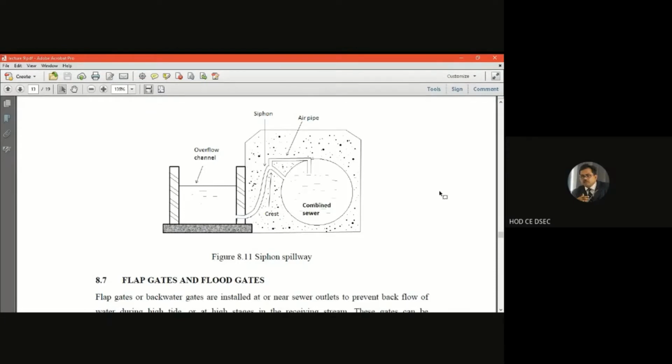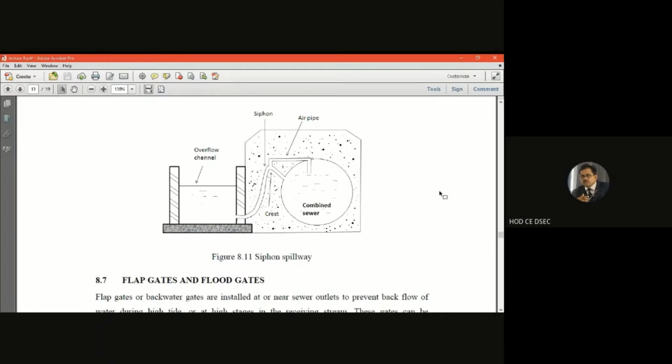In continuation of my previous lecture, lecture 8, we were discussing the sewer appurtenances. We discussed the siphon spillway for taking care of the overflow of the sewer into the overflow channel. So how to take care of the overflow if the sewage carries the overflow, then how it can be bifurcated to the overflow channel. That example we put in the last lecture, my 8th lecture of this module 3 of the syllabus, the siphon spillway. There we concluded in the last lecture.